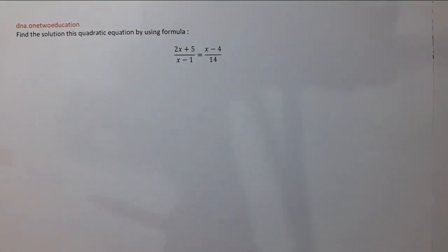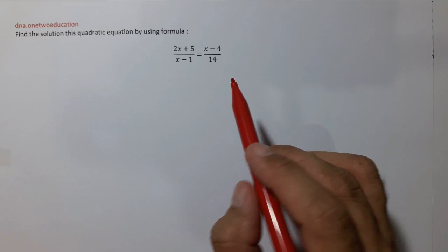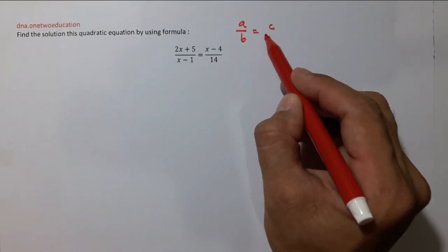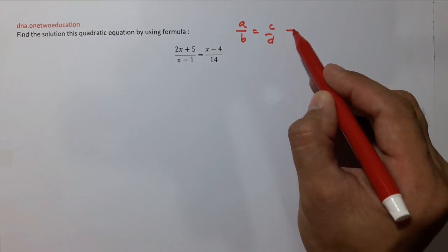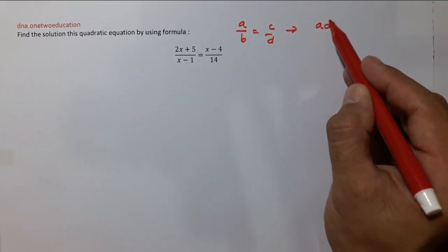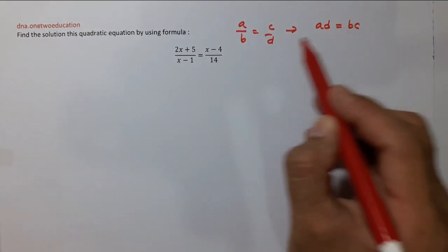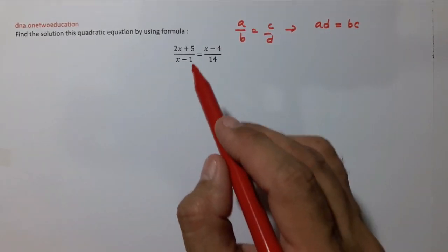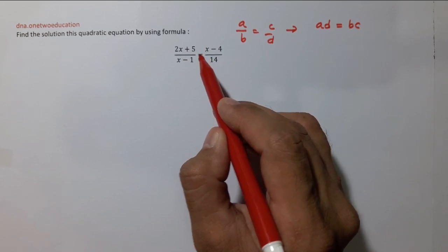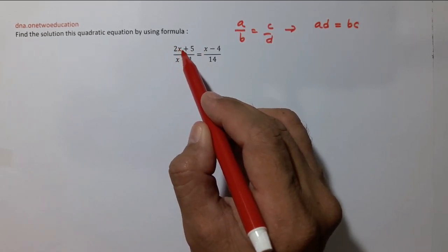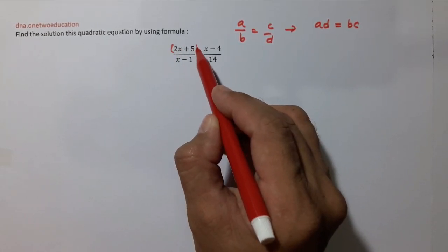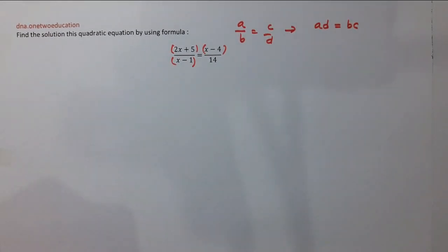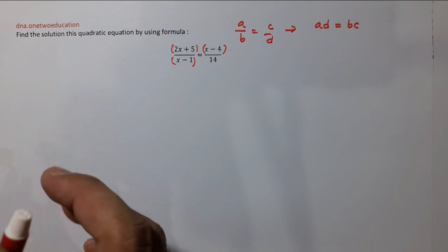Find the solution of this quadratic equation by using the formula. Everyone, I think you agree with me that for the fraction A over B equals C over D, the solution is A times D equal B times C. This is the fraction. The question is this one, but to avoid any mistake, you have to put the bracket here. So by doing the cross multiply,